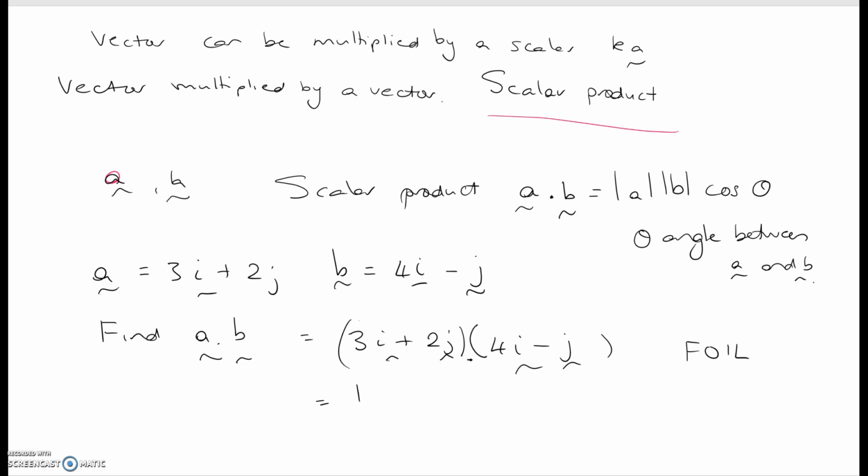That would be equal to 12 i times i minus 3 ij plus 8 ji minus 2 jj. And from what you've been taught in class, you'll know that ii equals